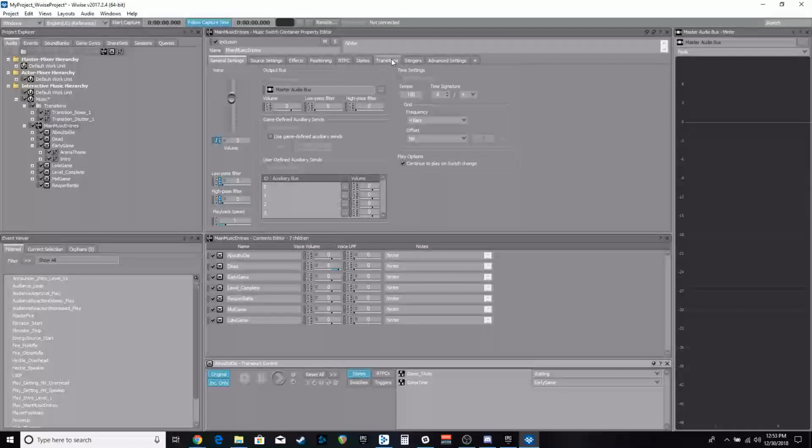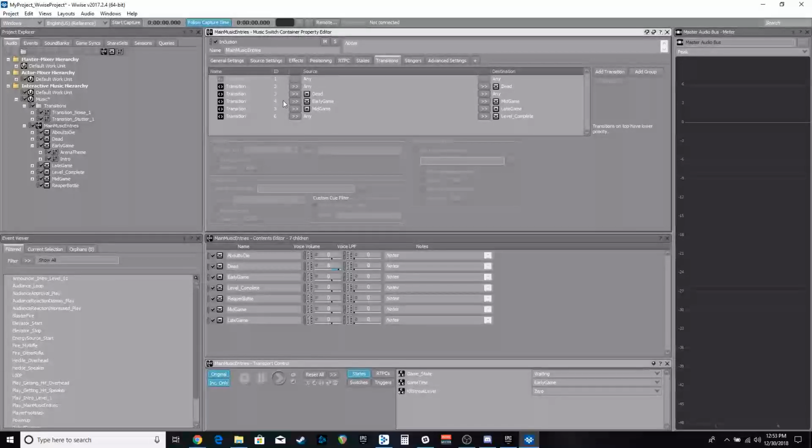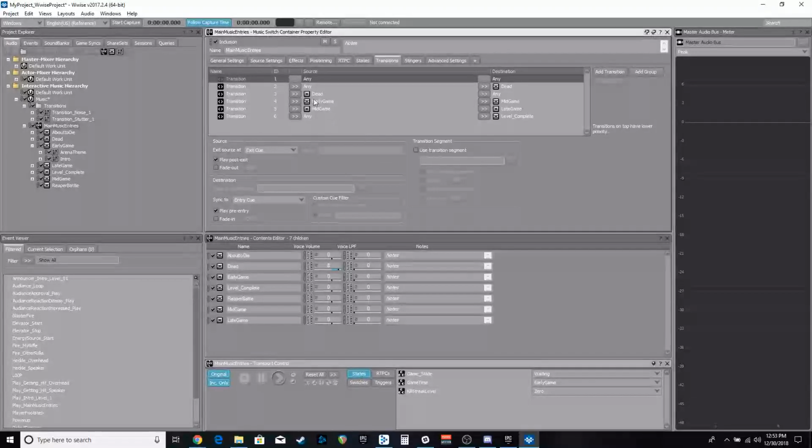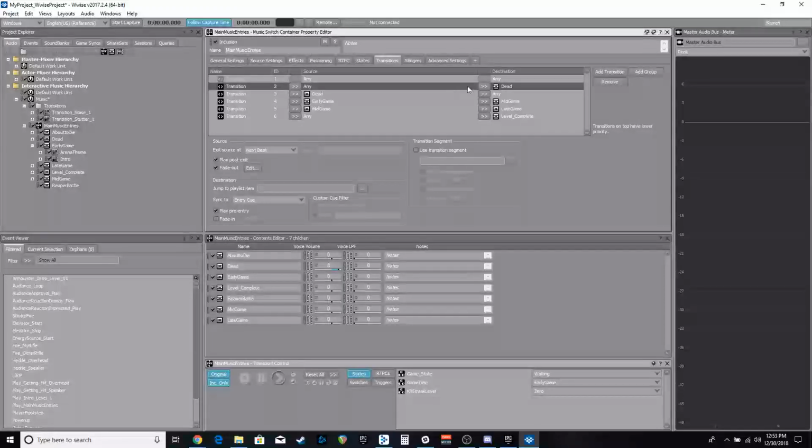And then how do you transition from playlist to playlist? Well, that's what the transitions tab is for. And this is where you can set up all of your transition rules. So all transitions always have an any to any as default, which you can set up a little bit how you want. But if you want to go a little bit more specific, you can go any to dead, which I currently have set up so that at the next beat of the music,